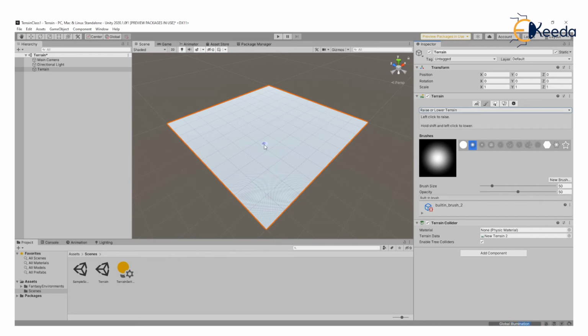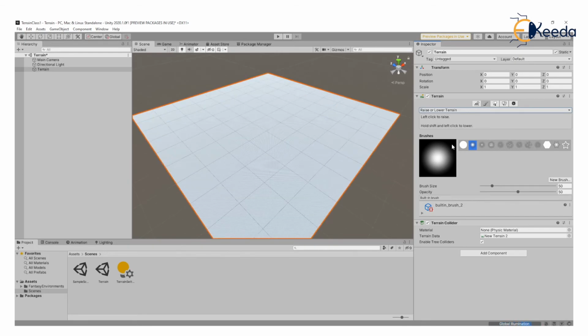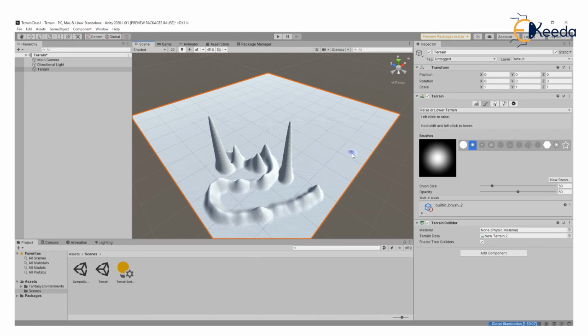With this option, you can see various brushes you get as an option. These brushes are used to create different kinds of mountains or hills depending on what your requirement is. So let me show you a basic example. I have selected one of the brushes in the inspector menu. If I click on it, you'll see a single mountain being formed. If I keep on pressing it with my left click, the size of the mountain keeps on increasing, as you can see. If I keep on dragging it, you'll see that a continuous mountain is formed.